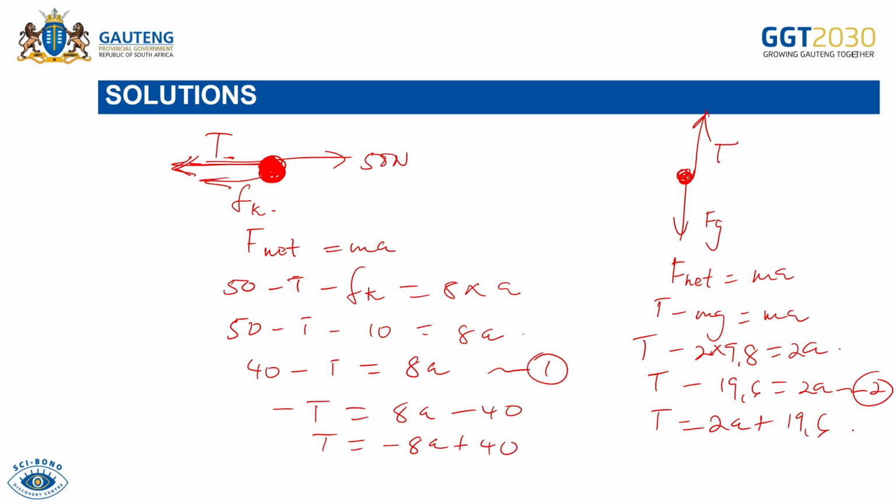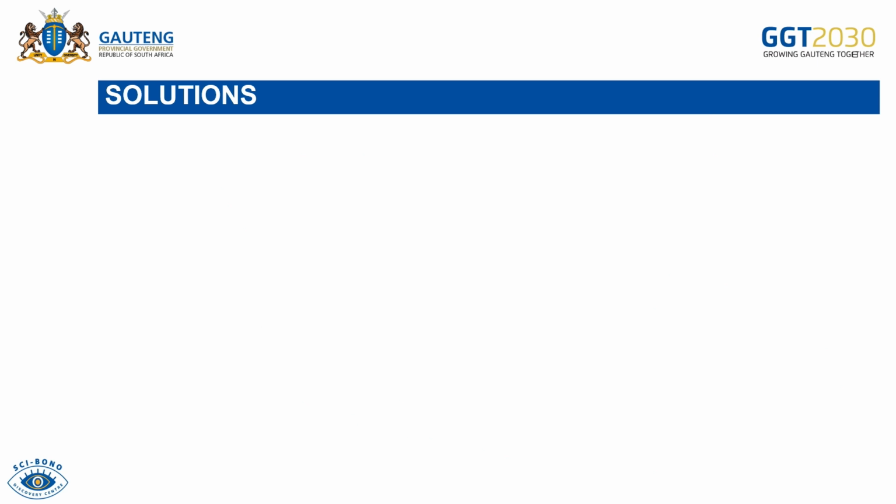Plus 40. Okay, so I'm multiplying by T, negative 1. So negative 1 times negative is positive. So this one will be negative. This one is also going to be negative, because it was negative before, right? So T1, T2 is the same. So T1 is equal to T2, which is the same as negative 8a plus 40 equals